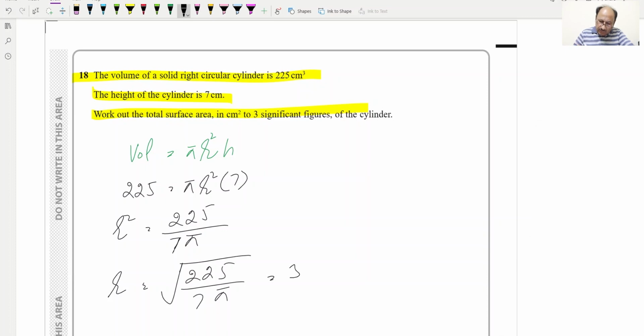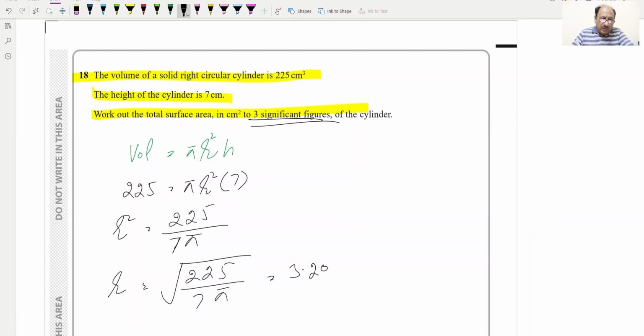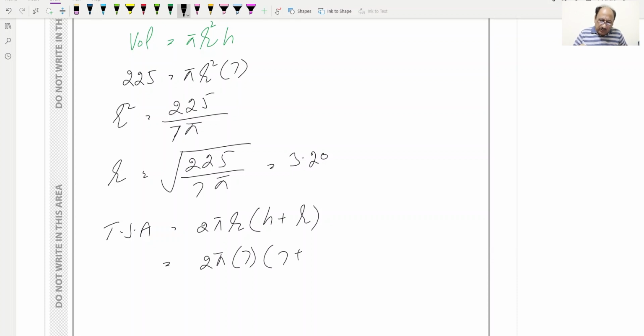3.198. We can write 3.2 to 3 significant figures, and next will be what? Total surface area. Surface area of a cylinder is what? Total surface area will be equal to 2 pi r into h plus r. This is the formula which we are using. So 2 pi into 7 plus, this is not 7, radius is 3.2, we can write this one, and 3.2 this one,